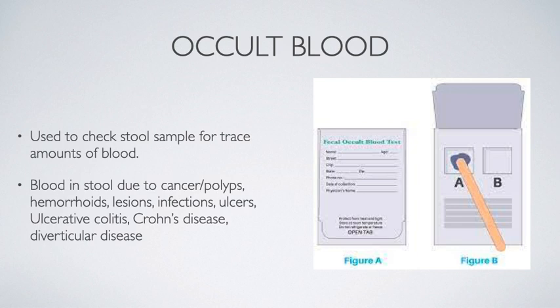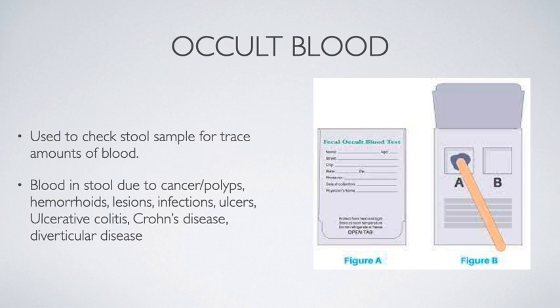You want to be aware that if the blood is bright red and coming out of the patient's rectum, it's going to be a lower GI bleed. This is frank blood that has not been digested in the small intestine or the stomach. Or if it's upper GI, it might have a coffee ground texture to it. And the most unmistakable thing about a GI bleed is the smell. Once you smell a good GI bleed, you'll never forget it. It's disgusting. Sometimes you won't be able to detect any blood in the stool just with your naked eye, so occult blood stools can be a great way